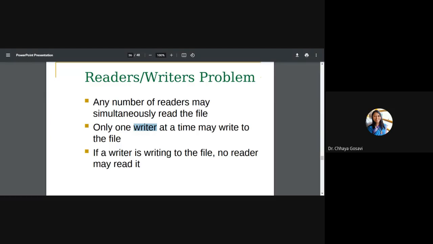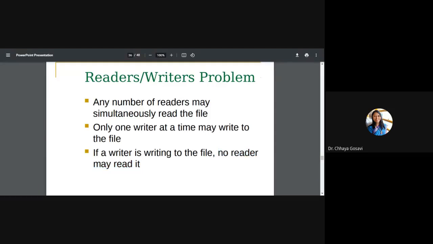If a new reader process arrives, it should be allowed to access, so any number of readers can enter the critical section at a time and access the file. But if a writer process arrives, it has to wait till all the readers leave the critical section. And if a writer enters the critical section, no reader or writer is allowed. Only one writer at a time can write or alter the file.